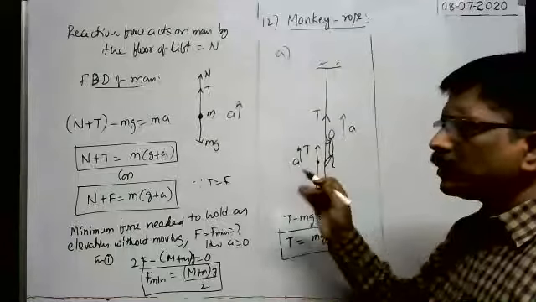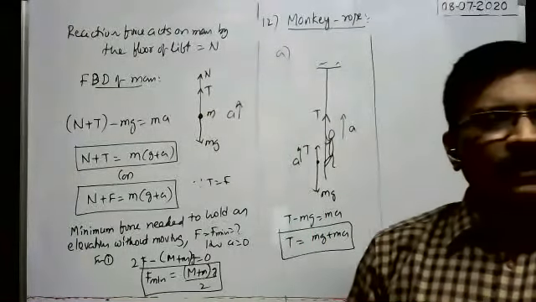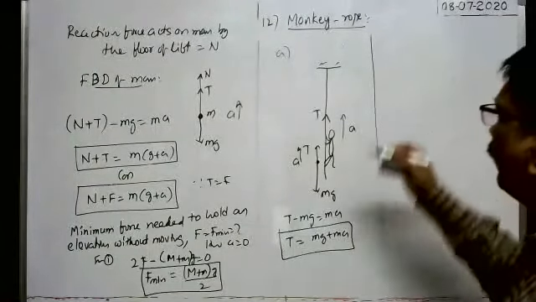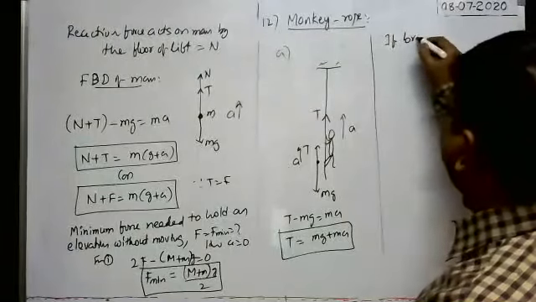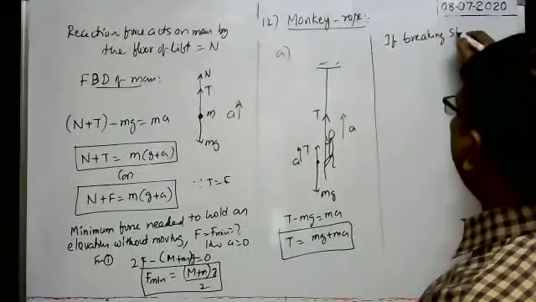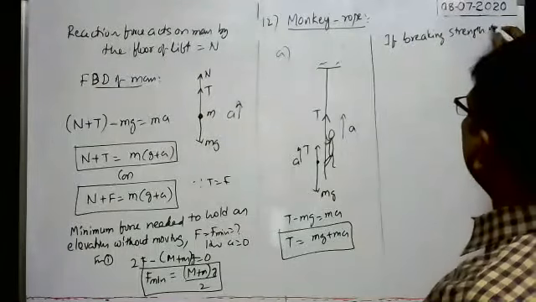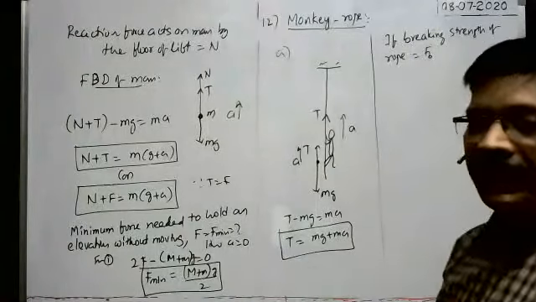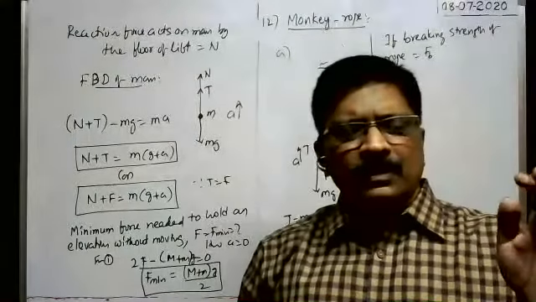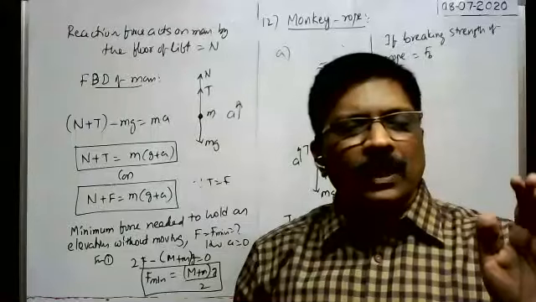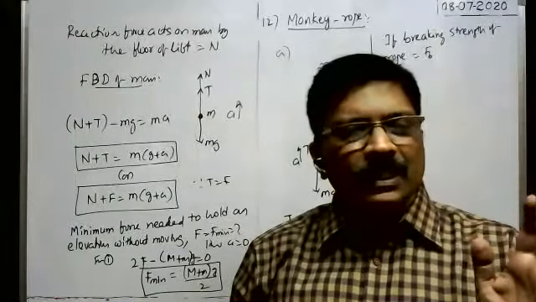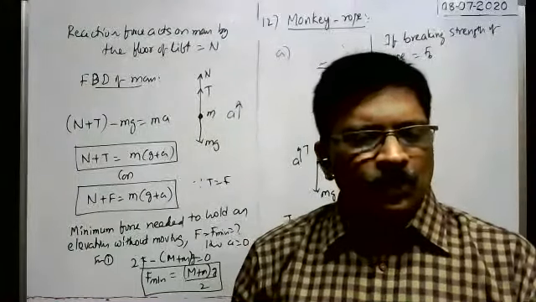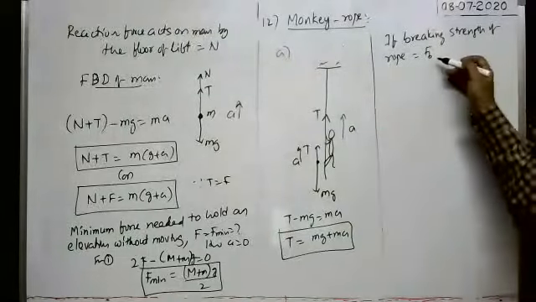Suppose sometimes the same question may be asked in another way also. Whenever the breaking strength of the rope will be given. If the breaking strength of the rope is equal to Fb, that is, whenever the maximum tension up to which the rope can be borne without breaking, that is called the breaking strength of the rope. If more tension than that develops, the rope will be broken. So the breaking strength of the rope is equal to say Fb.